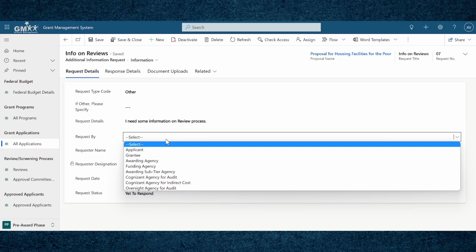Okay, so this is the list of contacts, and supposing I choose Alex Baker. So now there's another field called requester designation, and this field is a calculated field that would show the designation of the contact that has been chosen in the requester name. If I save this form, you'll see that the requester designation field has been updated with the designation of this particular person. So now another thing that you will notice is this request date field has been automatically updated.